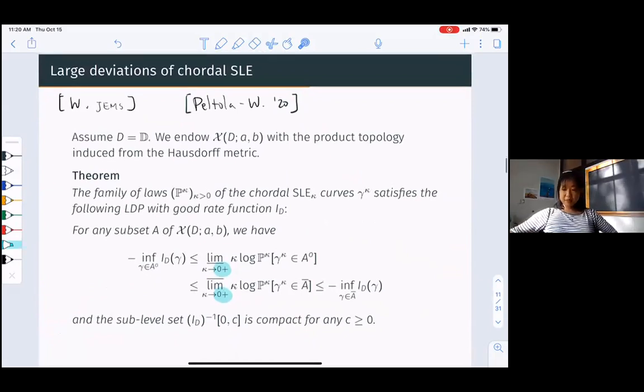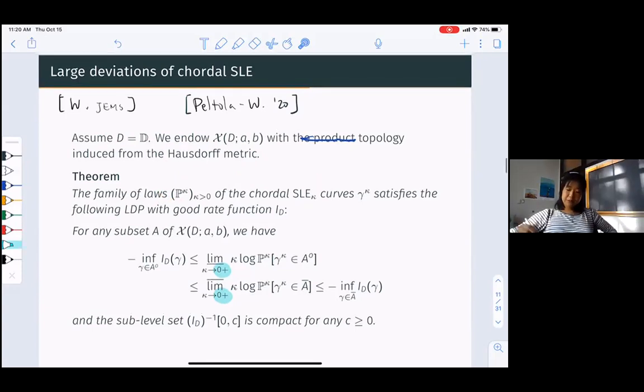So the precise statement is the following. It was first derived in my first paper, and the version here is stated in a recent paper with Evelina, where we endow the space of simple chords with the topology induced by the Hausdorff metric. So here we take the domain to be the unit disk, and there's a Hausdorff metric for compact sets on the unit disk. And in other domains, we will just use the topology obtained by pushing forward using a conformal map. And the statement is the following: the law of the SLE kappa